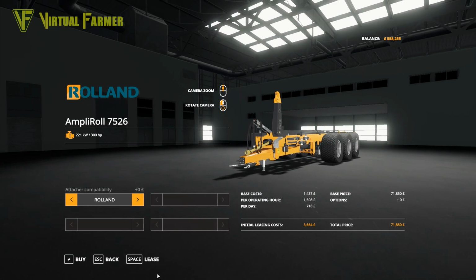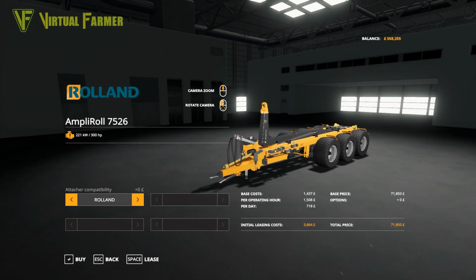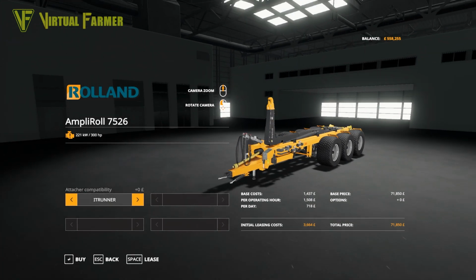It has only one customization, and that's the attacher compatibility. So you have to have it set to Rolland for the trailers that come in this, or you can switch it to the IT Runner, which, as you see, just lifts your hook ever so slightly, so it will take the IT Runner stuff. So if you want to put IT Runner stuff on here, this will work with it. It doesn't cost anything to add it, so it only leaves this at